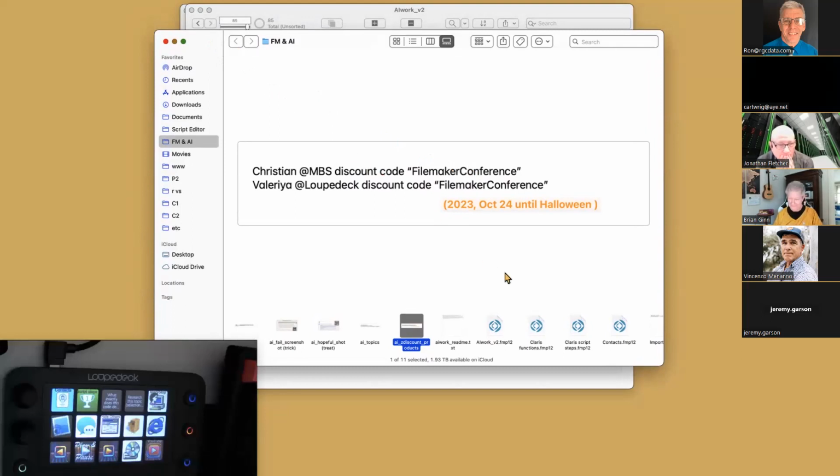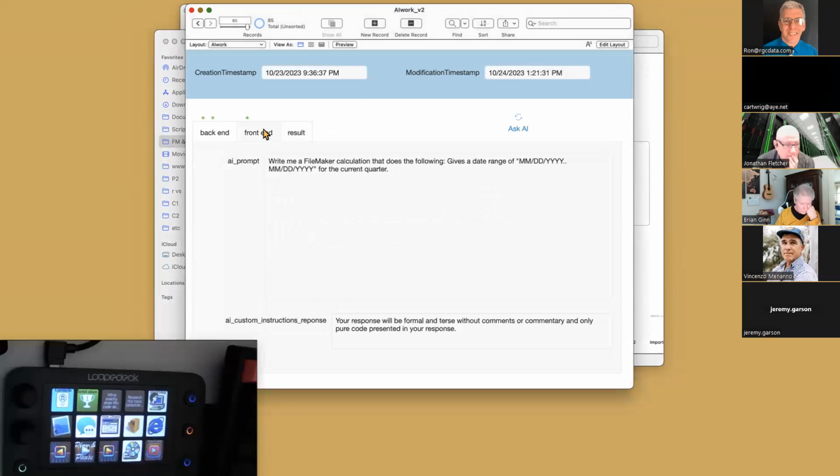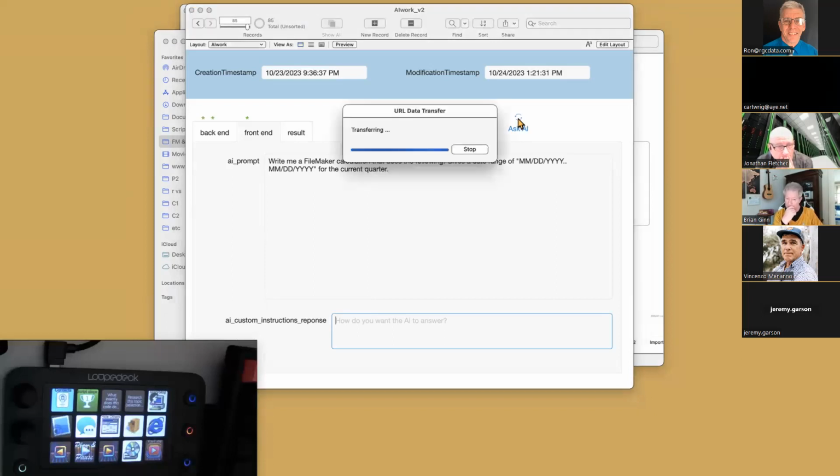Could you go over why you had to make it terse? Oh, very good question. Okay, let's get rid of this and ask it to do the same thing again. It's going to make the same API call, but it's not going to have the response instructions.